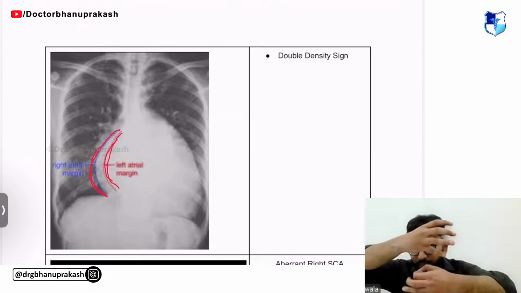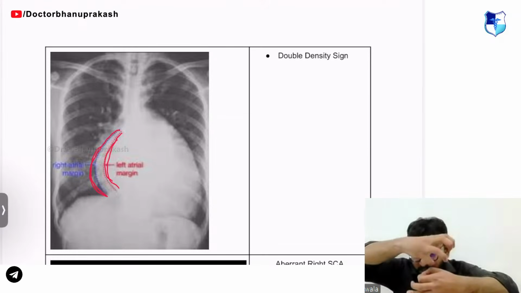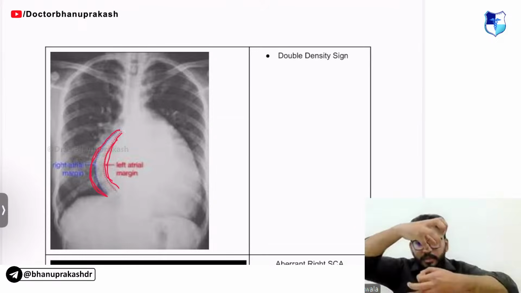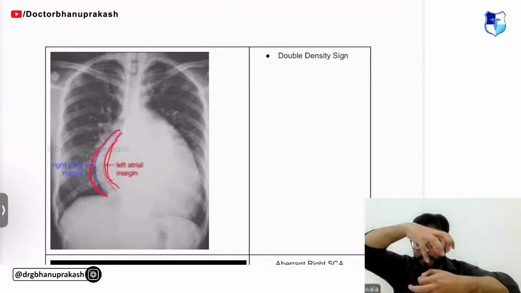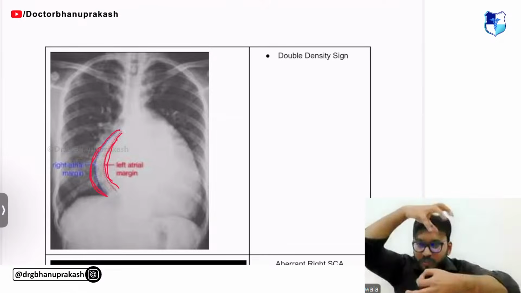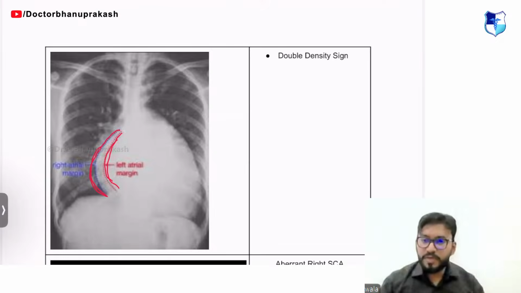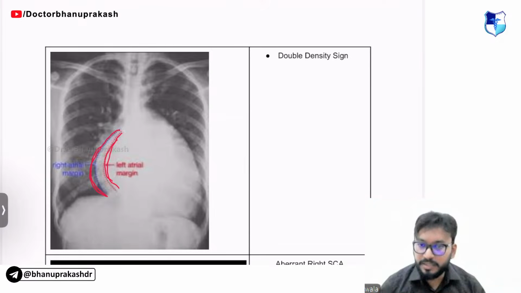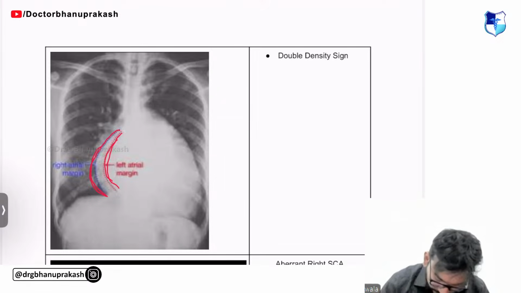The mitral valve is narrow. It means the left atrium is trying to push through the narrow valve. Blood is not going. Eventually, the left atrium becomes enlarged because of pooling of blood. Because it's trying to push, it becomes enlarged. Which chamber is enlarged, guys? Answer is left atrium.